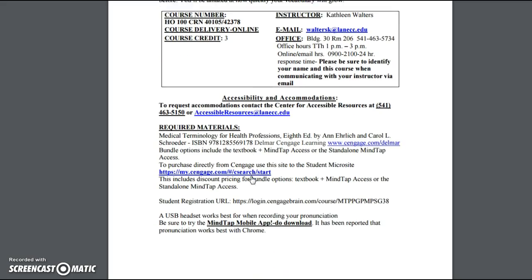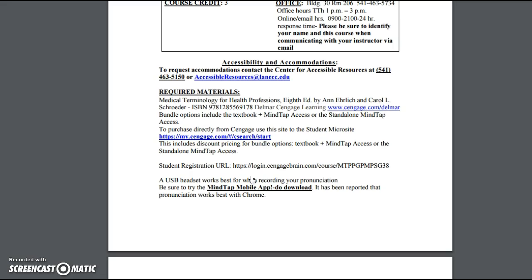And then the required materials here is the 8th edition of Medical Terminology for Health Professions. I also have a listing here for purchasing directly from Cengage, and you have several bundle options as to whether to get the textbook plus MindTap access or just the standalone MindTap access, which you would have access to the ebook on. So again, that's your choice. The URL for you to go ahead and register for the course I also have on our Moodle website,